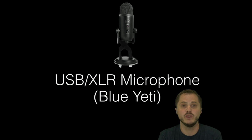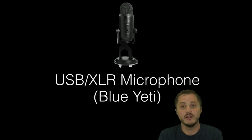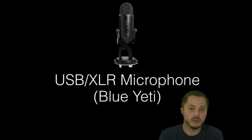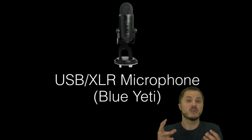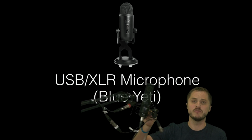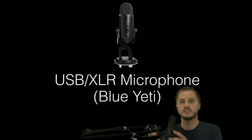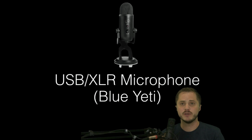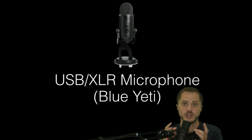Another good one that we use all the time here is the USB Yeti and the Blue Yeti microphones. They have a USB model that's older. They have this new hybrid model that's USB and XLR. They're a little heavy desktop microphones. You can pick up an arm for them, and so you can do stuff like this and have sort of a radio broadcast. There's a lot of different ways to use it, but keep in mind that you can do hands-free, but you might have that microphone in the shot,